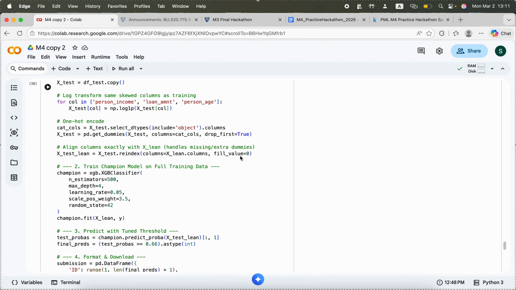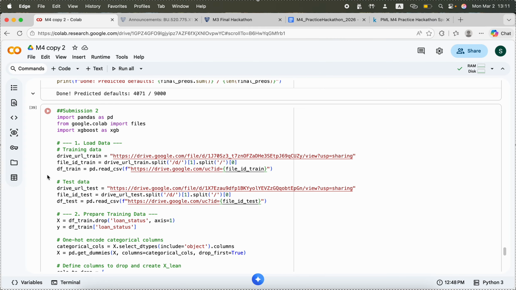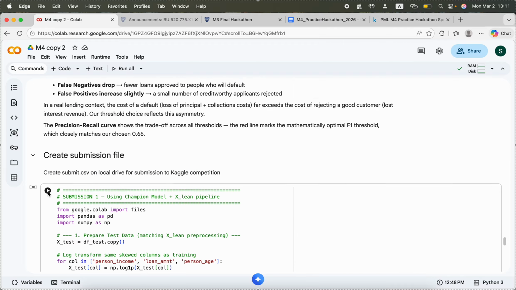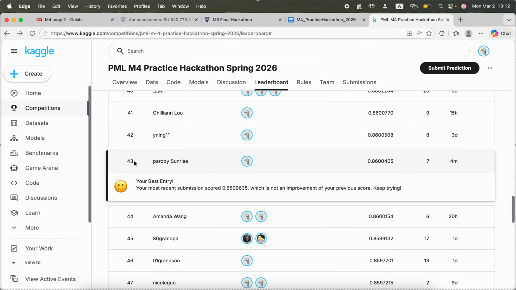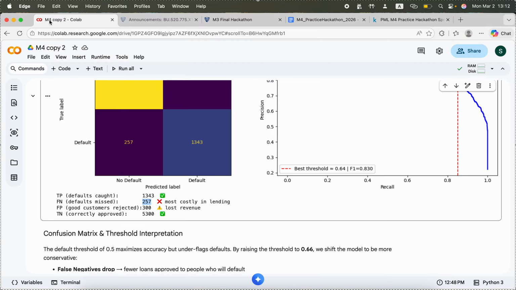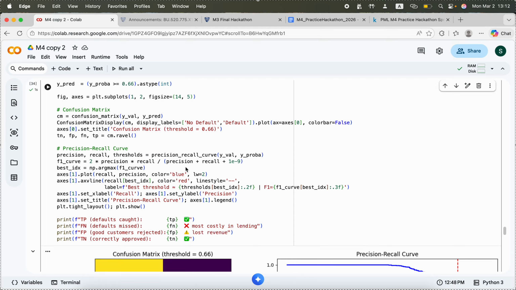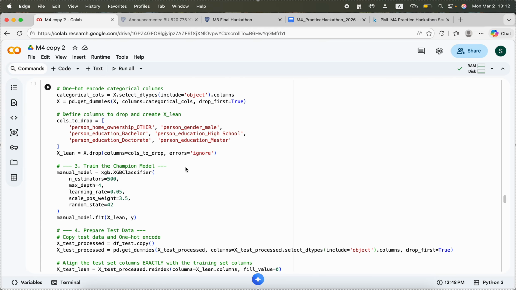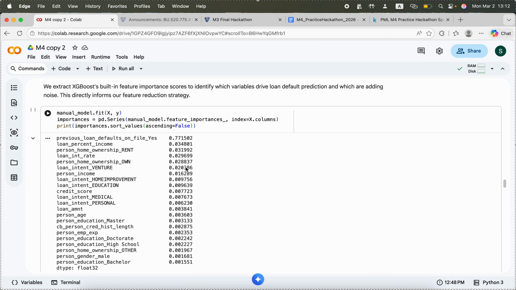So now we're going to create the submission file, which we will be submitting. And we also tried a few other types of submission files. So we tried 3 different submissions in total, and we were able to achieve a leaderboard position of 43, which is pretty good. So thank you very much for listening, and this is how we implemented different learning methods such as learning curves, confusion matrix plots, precision recall curves, and we were able to do hyperparameter tuning using different methods